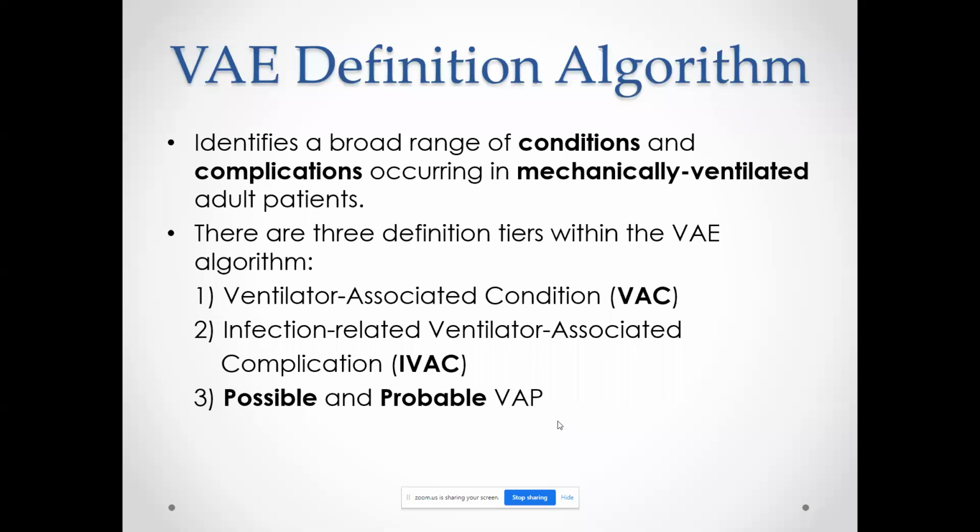The same thing here: you will have a ventilator associated condition, followed by an infection-related ventilator associated complication, and then you say it is VAP. Take it this way. With a COVID patient, the signs and symptoms are clear to us, very likely COVID, and we say we need to confirm through PCR. Here also there are stages the patient goes through, step A and step B, before reaching ventilator associated pneumonia, which we are going to talk about now.